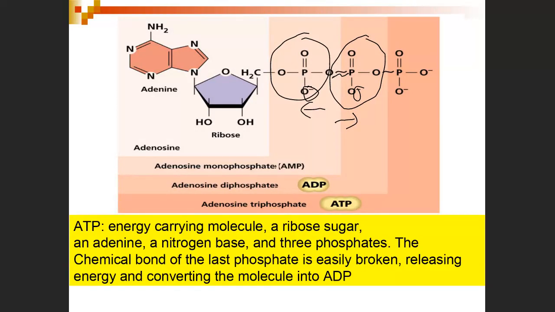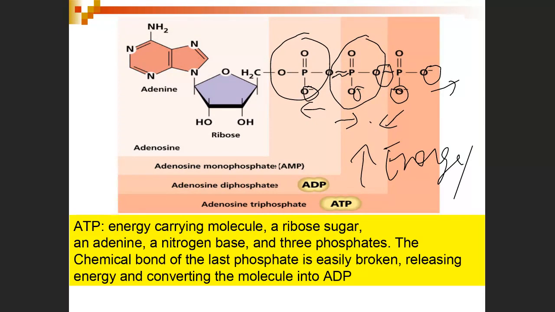Now, if you then add even a 3rd phosphate group, now you have more negative charges all close to each other, wanting to leave, very unstable bonds holding all this together. This is a high energy compound because it's unstable. This is what we call the readily available energy, the energy currency that cells use to proceed with chemical reactions. The most common nucleotide used for this purpose is ATP, which is adenosine triphosphate. You've probably heard of it. So you should know that adenosine triphosphate is a nucleotide.